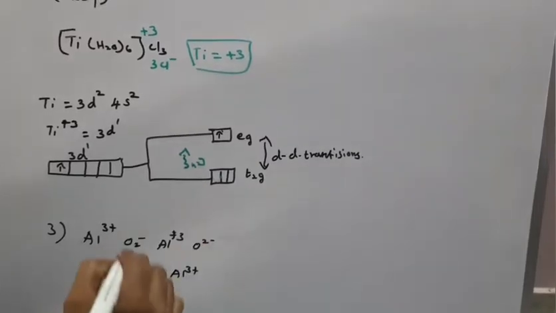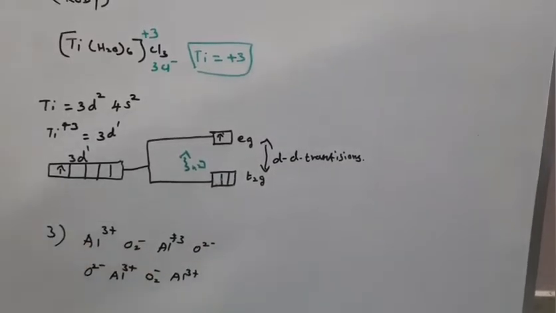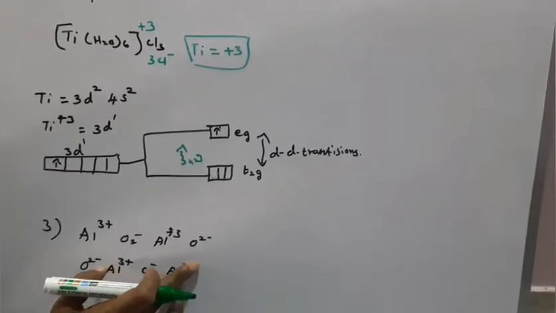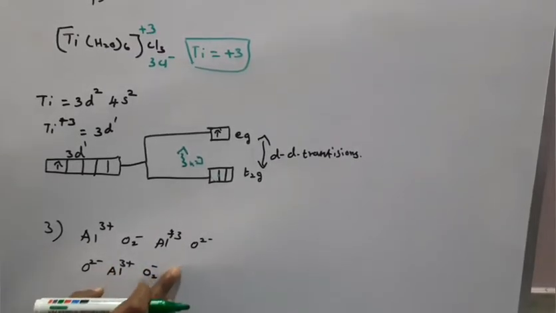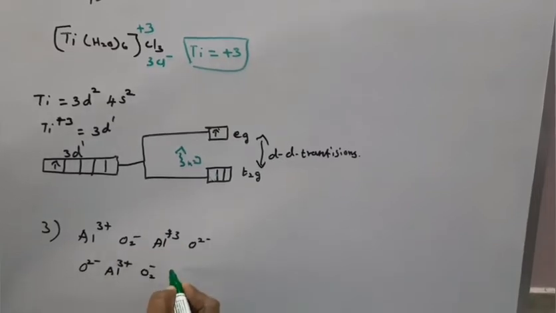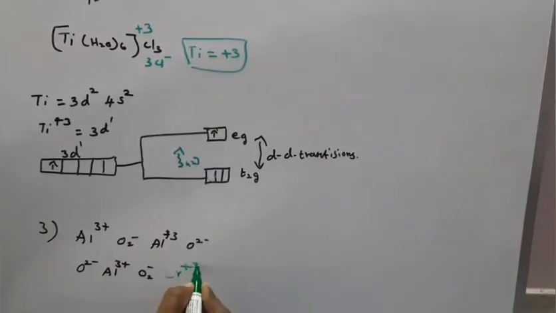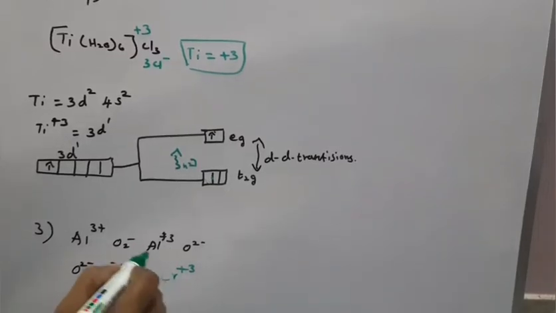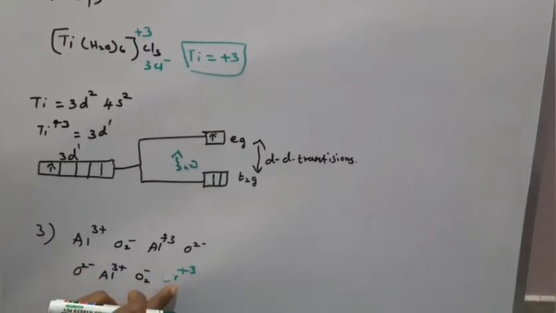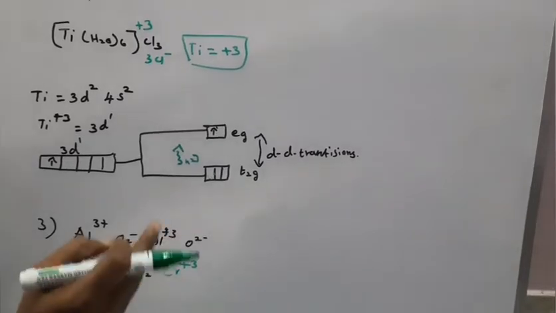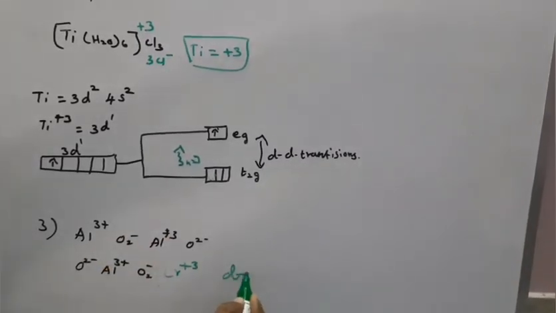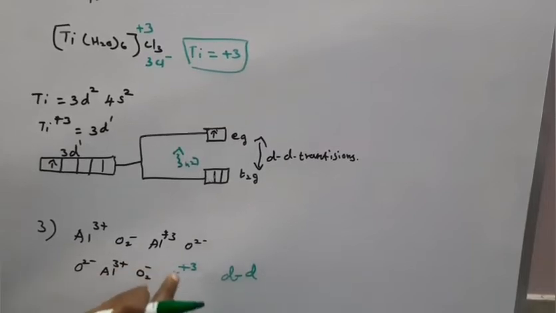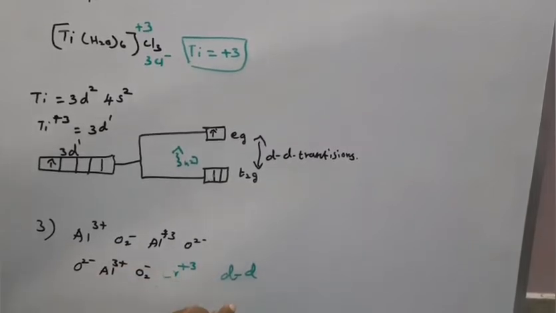So this is the arrangement. Sometimes the chromium, which is in the transition series, displaces the Al3+. So chromium is in the +3 oxidation state, which is present inside this ruby stone. It is a transition element, so d-d transitions take place. D-d transition means that complex or that particular thing would be colored in nature.